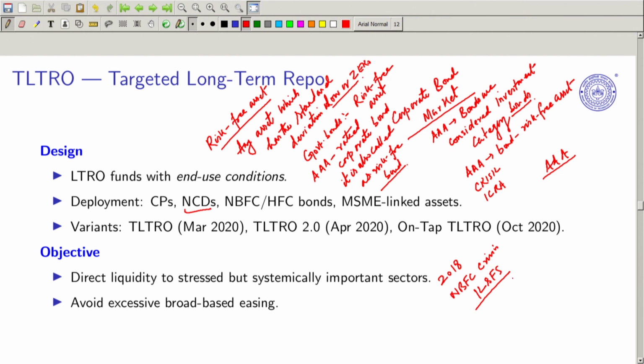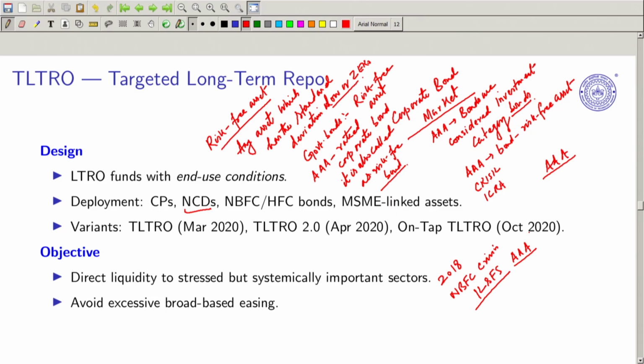Now, this particular company, before the default, also had triple A rated bonds. So these are some of the negatives of the corporate bond market that we often experience in India and even globally. But for investment grade, triple A rated corporate bonds are considered investment grade bonds, and